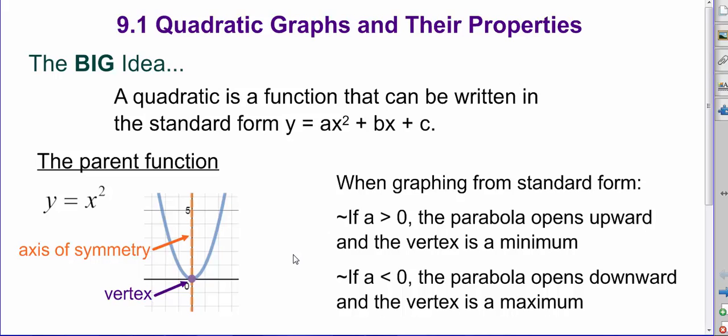Quadratic graphs and their properties. The big idea is a quadratic is a function that can be written in the standard form y equals ax squared plus bx plus c. And we're going to take a look at this. It actually shows the parent function of y equals x squared, and you can notice that there is an axis of symmetry there. That's that line that goes up and down, and then we also have a vertex that we need